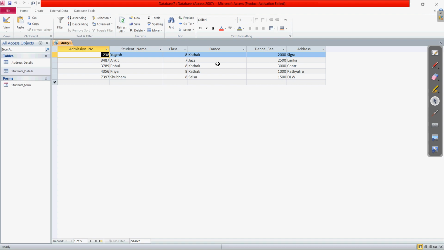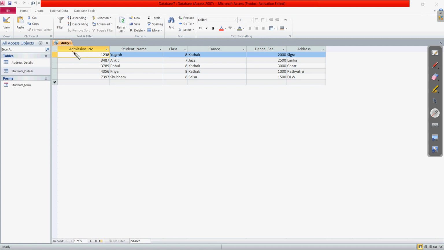So as we have run the query, you can see this result is also in the form of a datasheet view, but this is new. You can see here at the top the tab is showing Query 1. So it means that this is not the table, this is exactly a different object, that is a query.